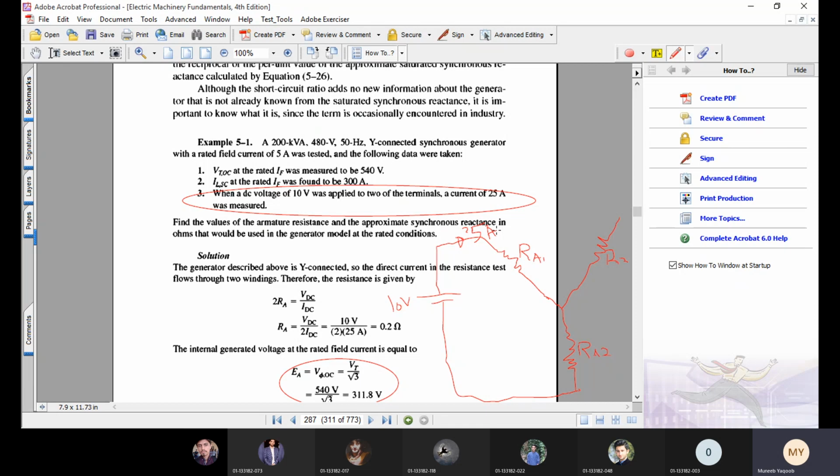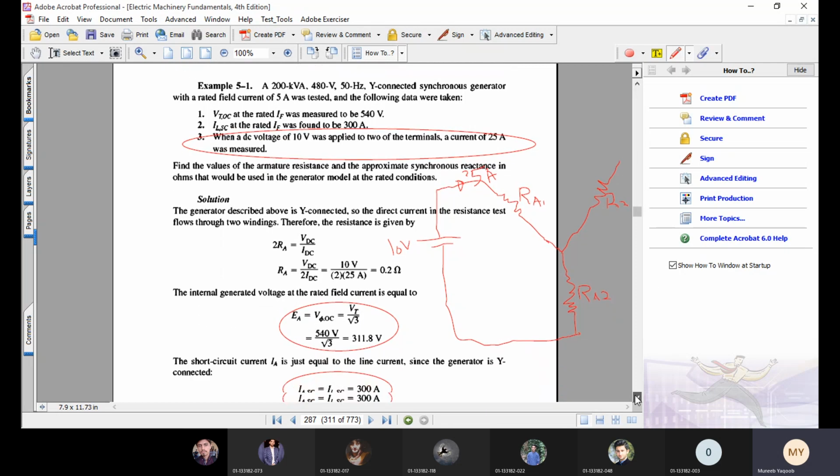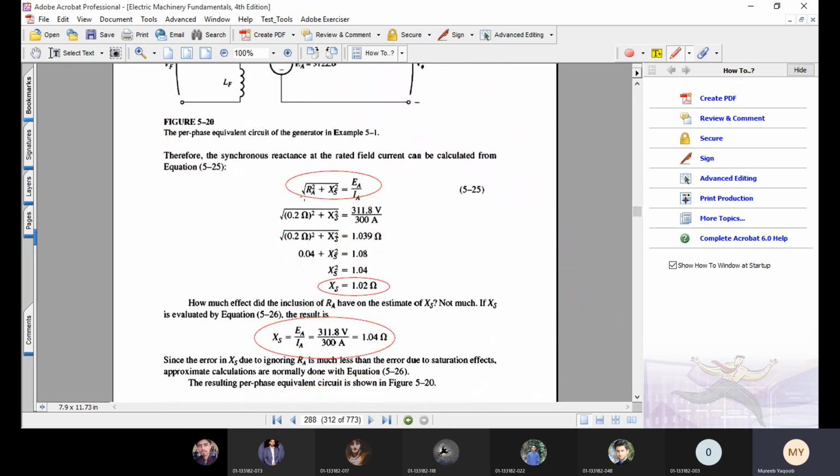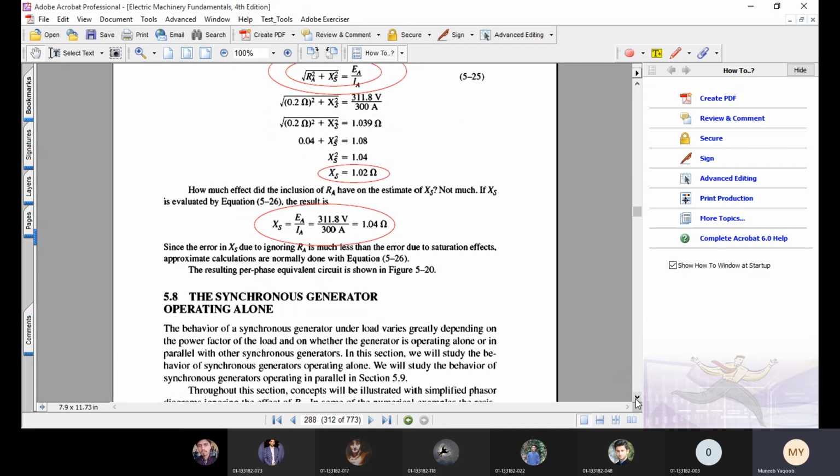तो V भी दिया हुआ था 10, I भी दिया हुआ था 25, तो 10 अपॉन 25 इक्वल्स टू 2RA, और फिर 2 को इधर भेज दिया, तो 10 अपॉन 25 इंटू 2 इक्वल्स टू RA, तो RA आ गया आपके पास 0.2। और जब RA आ गया 0.2, तो अब एग्जैक्ट कैलकुलेशन के लिए, जैसे मैंने पहले बताया था कि जब RA पता हो तो एग्जैक्ट कैलकुलेशन के लिए फिगर इक्वेशन 5.25 यूज होगी। RA की वैल्यू पुट कर देंगे, EA हमें ओपन सर्किट टेस्ट से पता है, IA हमें शॉर्ट सर्किट टेस्ट से पता है, तो इस तरह से हमें एक्सेस मालूम हो जाएगा।